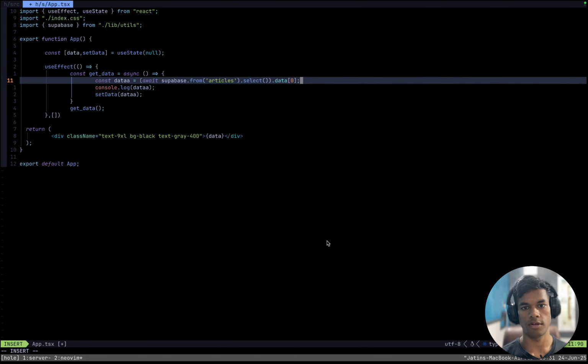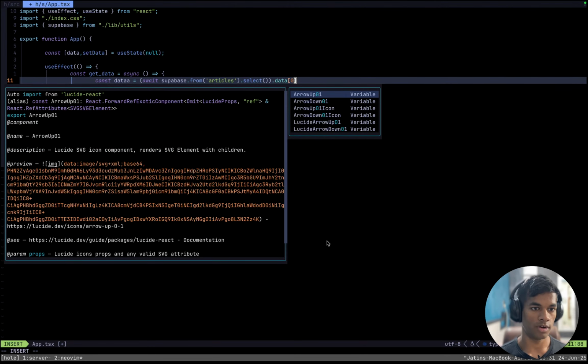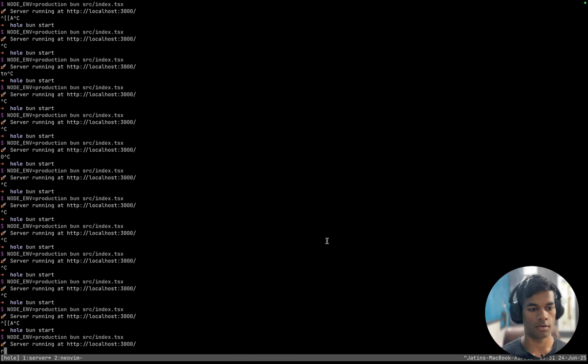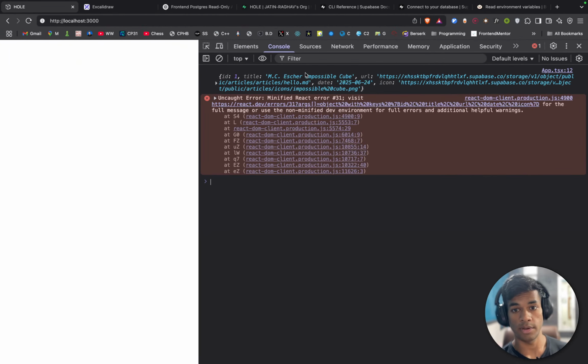Take the first thing. Lucide React. Shared. That is, I guess, coming down from shadcn. Lucide React is used for icons, beautiful icons. Now after this, stop, restart. That is cool. I'm getting that much, but uncaught error, minified React error.